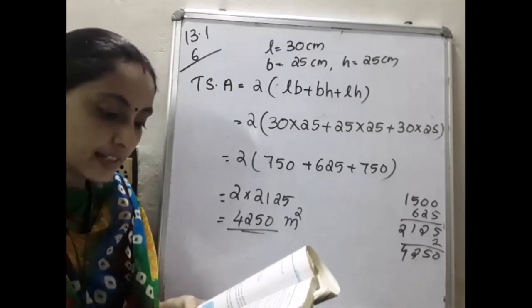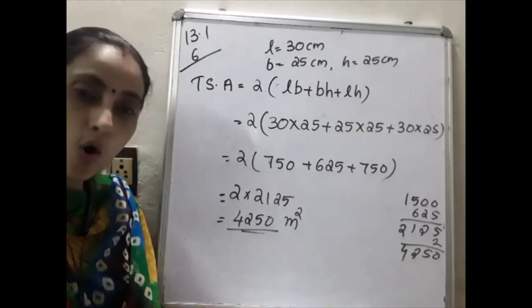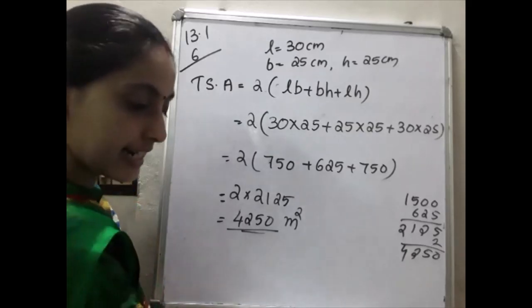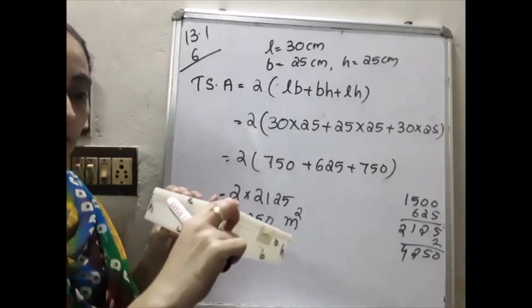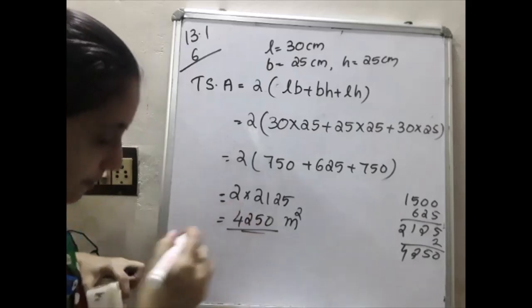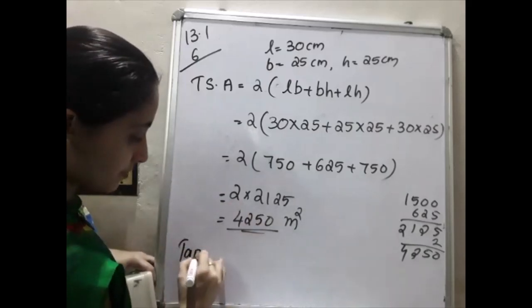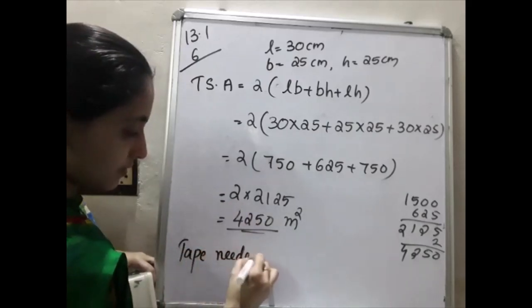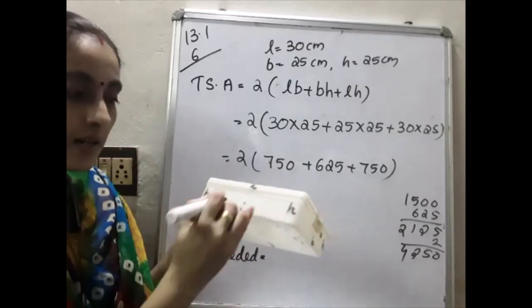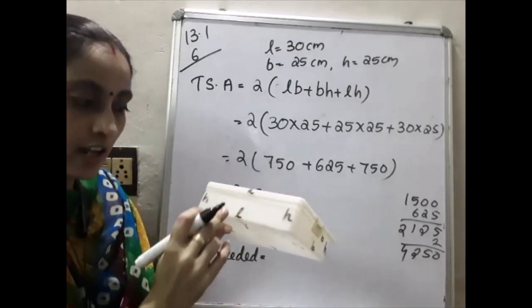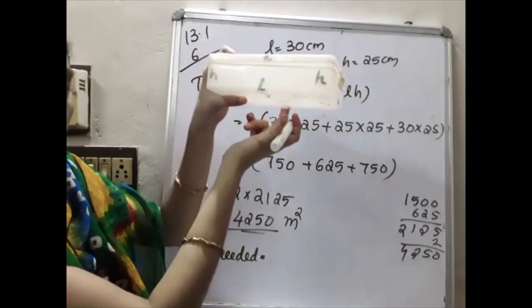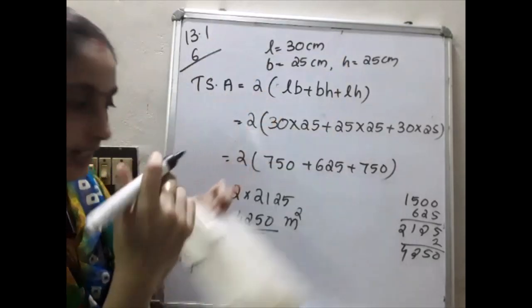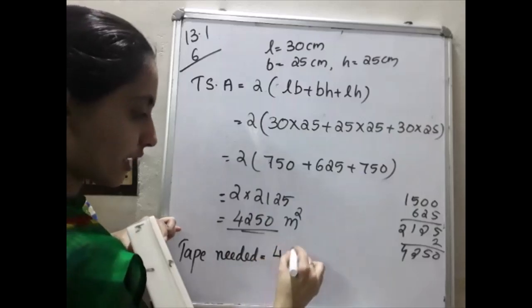Okay. Then how much tape is needed for all the 12 edges? That is an easy, not difficult question. So listen here please. I will write the question: tape needed. You have to mark here. So how many lengths are there? 1, then this is 1 and the other side is 2, 3, 4 are there. Okay, so you can write 4L.